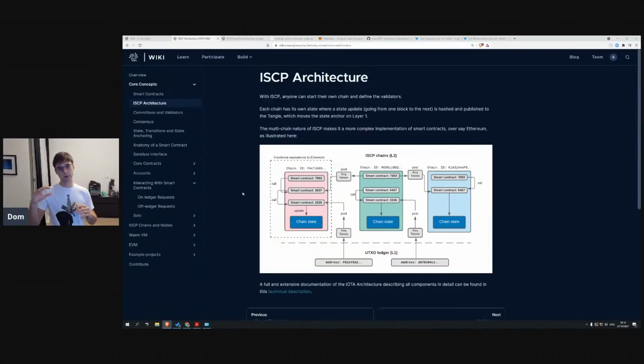simply because we always wanted to have this modular approach where you have the base layer, which just does transactional settlement. You can think about the IOTA base layer really as this trust anchor, where you secure data, where you secure assets, the IOTA token, and where you can now also secure smart contracts. And on top of that base layer, you would then be able to build your own smart contracts by utilizing the framework that we've built. Now, the way that it works